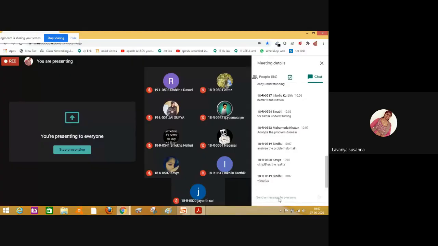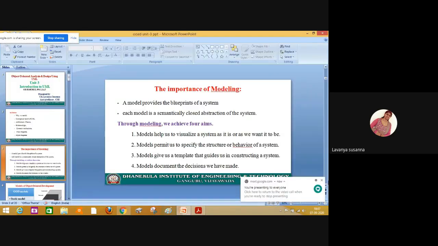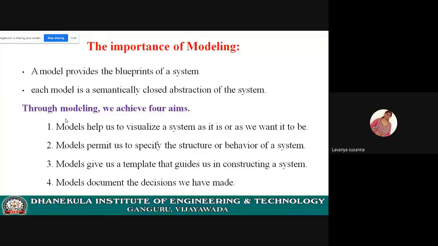See, these are the advantages. Already I have discussed. Why do you need to model? Instead of theoretically explaining it, if you put the concept in a diagram, it will be very easy for you, right? So in modeling, what are you going to do? A software system contains many components, right? Many elements.